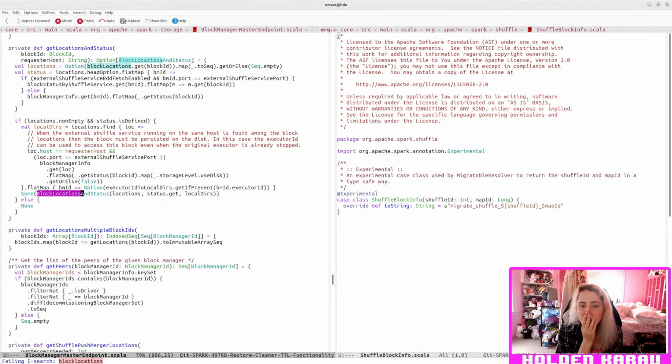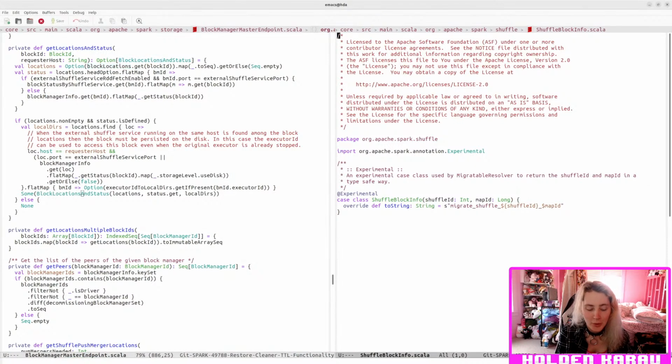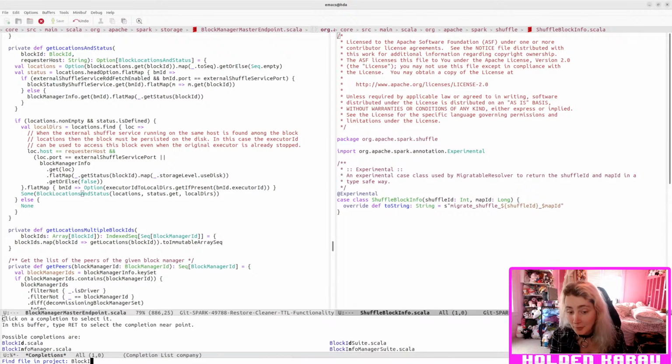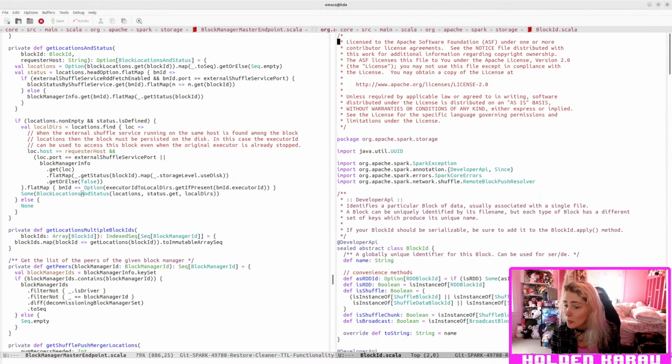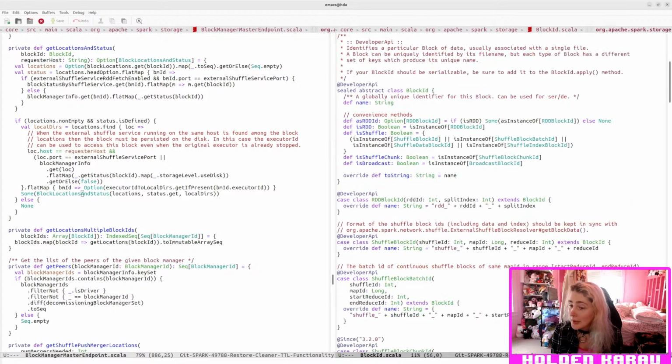So the problem though is that we get block IDs, and a block ID... okay, so a block ID would actually, we could see if it was a shuffle block ID, and if it is, then yeah, okay. Then we actually do have the shuffle ID, and we could track